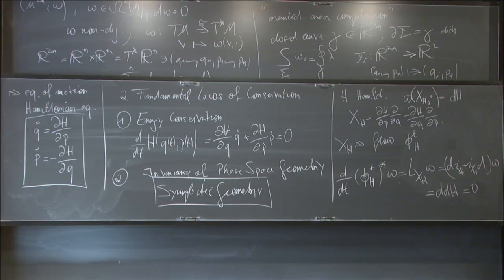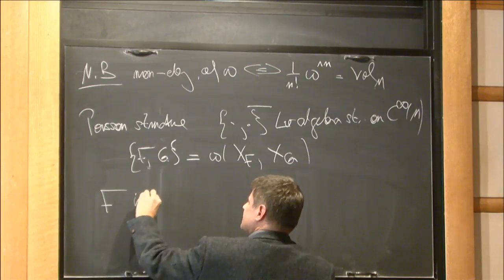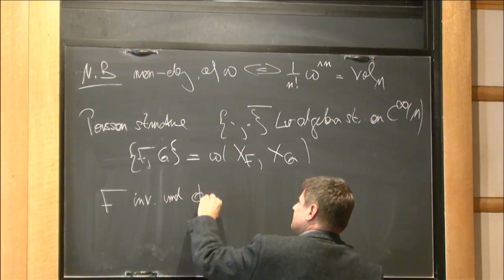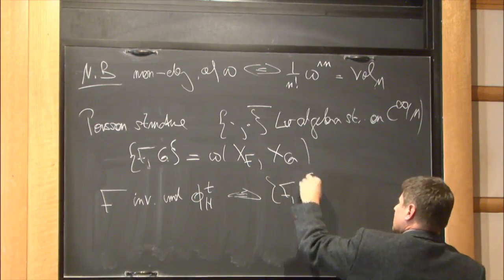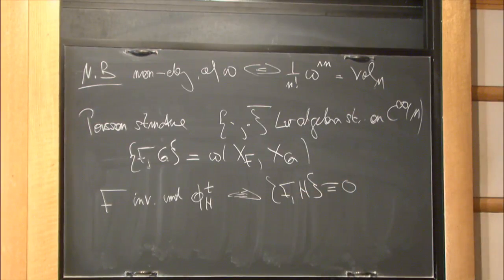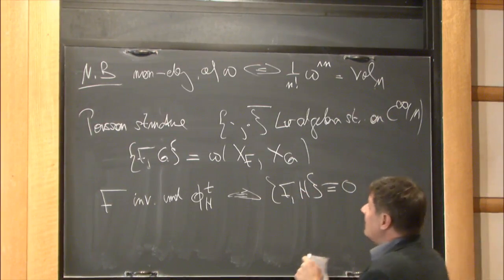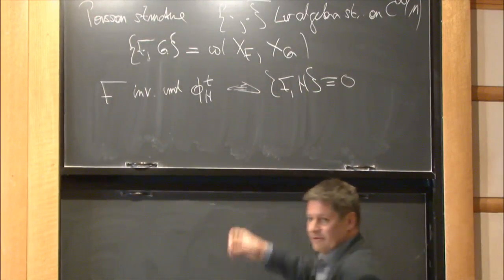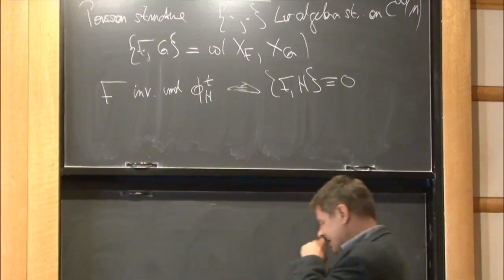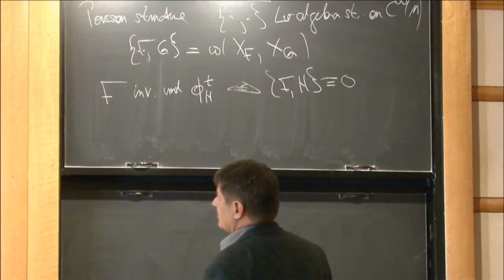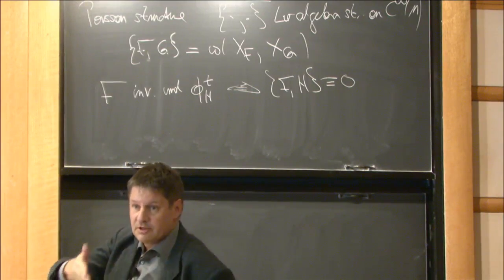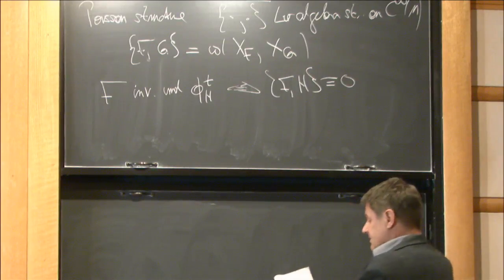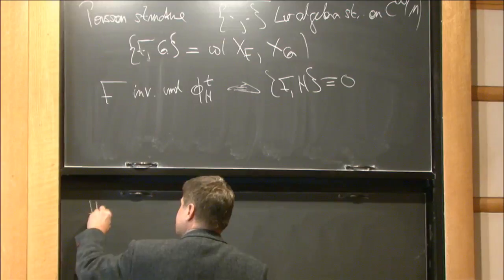Okay. So what is this Poisson structure used for? We say a function f is invariant under the flow of H exactly if the bracket with the Hamiltonian function is identically 0. So there's a particular, very special class of dynamical systems which have a lot of symmetry. This is a way of being able to describe inherent symmetries and stronger, as you were asking for, conservation laws. So we say a Hamiltonian system